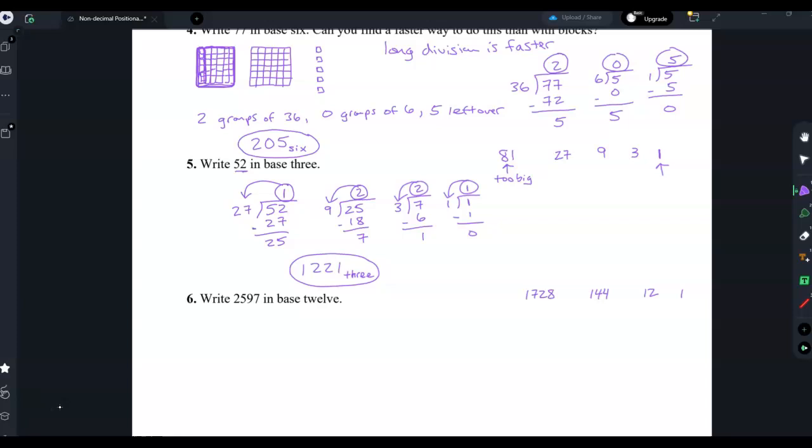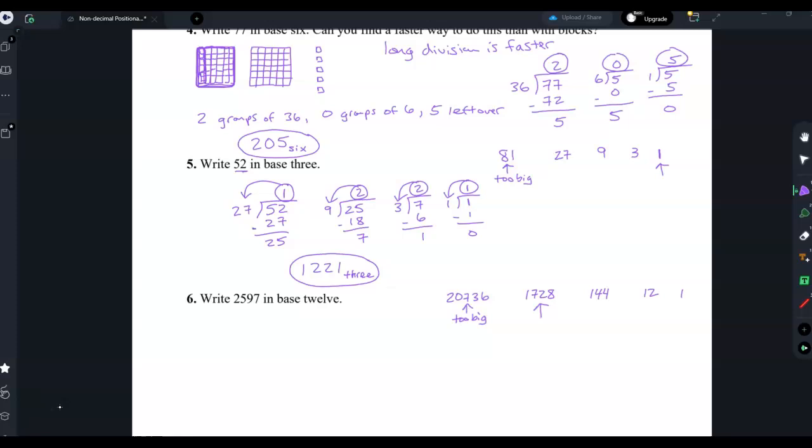1,728, right? And that looks like it's okay. That will still go into this number. So that goes into 2,597. And then, so technically I should go ahead and check 12 to the fourth power, and I'll do that multiplication for you. 12 to the fourth power is 20,736, and that one is too big, guys. So that one is where we could stop and say, I'm actually going to start with the 1728, because 2,597 is definitely smaller than